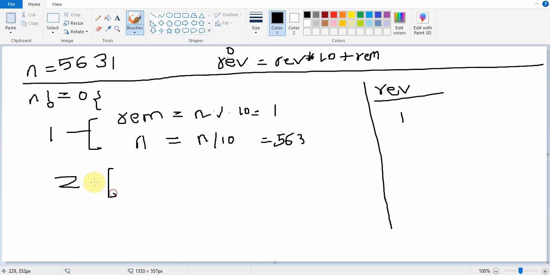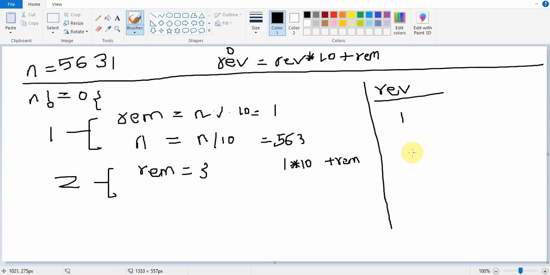In the second execution, the remainder variable holds the value of the last digit 3, and the reverse is reverse variable star 10 plus the remainder, sorry, which is 1 star 10 is 10 plus remainder.